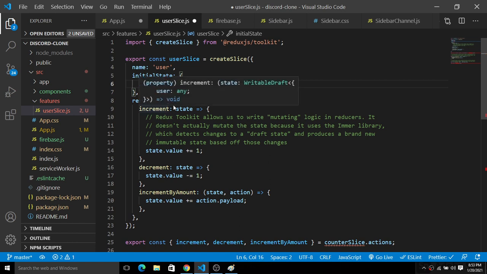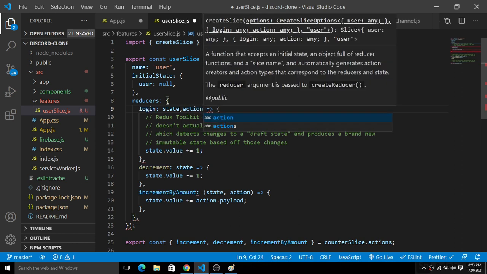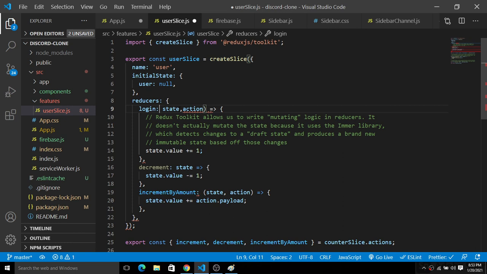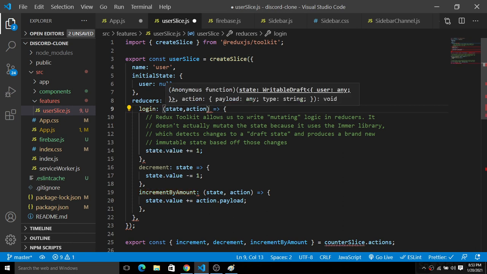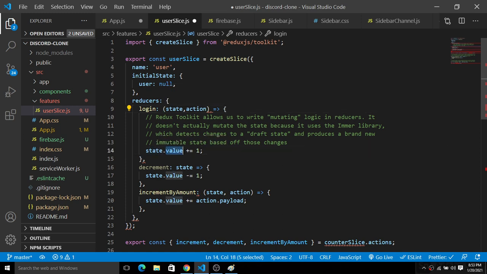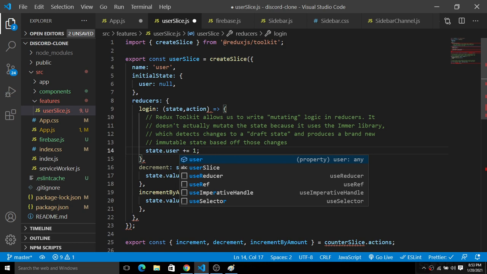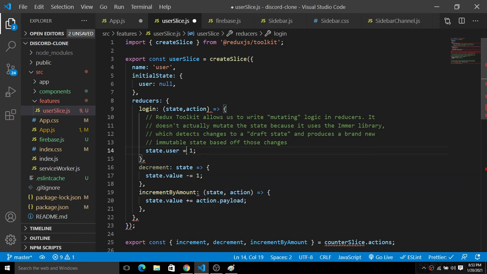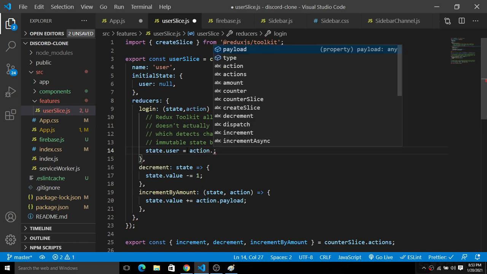Fine. Okay, inside of these reducers we have a bunch of functions here. We will have the login function, and the login function takes the state and also the action. Put it inside this parenthesis just like this. Okay, so instead of state.value we have state.user. So state.user is equal to action.payload.